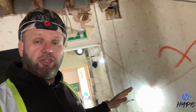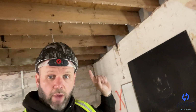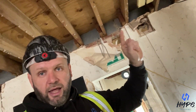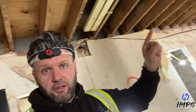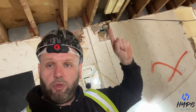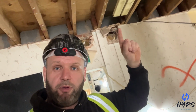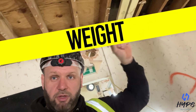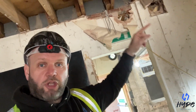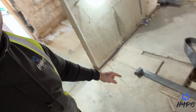So if you picture this now, that we've taken this wall out, it's all gone, and we've got a steel going from here, sitting underneath all these joists to about here on top of that brick wall, and then we've got another steel from there going to that brick wall, and then all this is removed. We've got one point, which is the middle part of the wall, which is where the load is, hence why we call it point loading. So with that one particular part, we've got extra load because that one point has got the weight of all this roof. Now it's not much, and because it's a brick and block wall, it's going to distribute it quite easily. However, it is more force, it's more newtons pushing down,